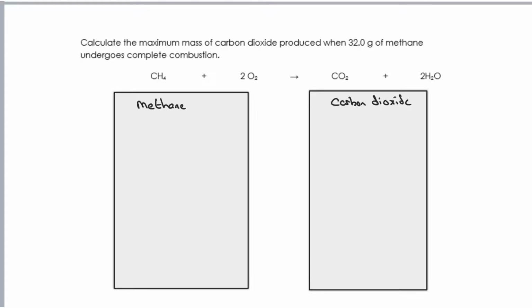So two boxes there, one for methane and one for carbon dioxide, because those are the two chemicals that are mentioned in the question. Now, I've got a mass of methane. What I've got to do is convert that into moles. Remember, moles is mass divided by MR. So I've got